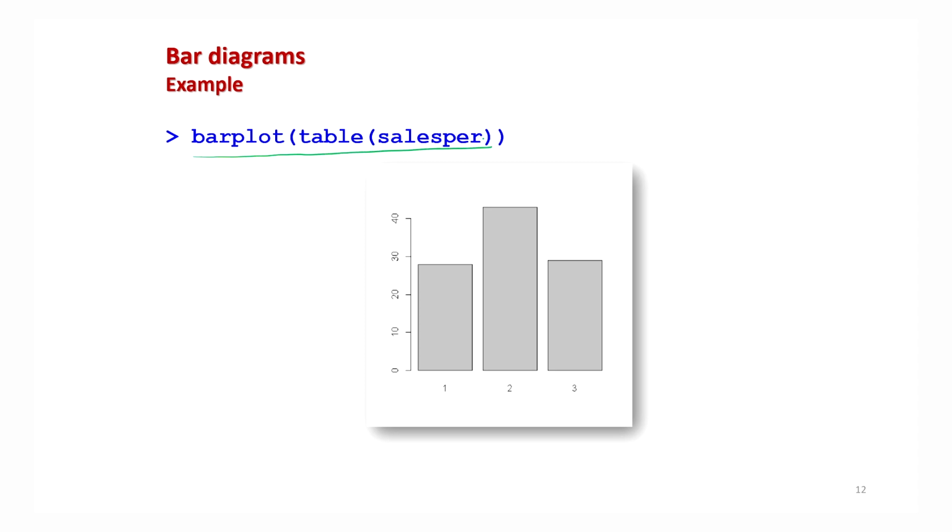So you can see there are 3 bars indicating that salesperson number 1 has attended almost 28, 29 customers. Similarly, salesperson number 2 has attended about 42, 43 customers, and salesperson number 3 has nearly attended 28, 29. So by looking at this graphic, I can say that salespersons number 1 and 3 have attended almost the same number of customers, whereas salesperson number 2 is more efficient, and has handled the maximum number of customers. So this type of hidden information you can obtain just by looking at this graphic.